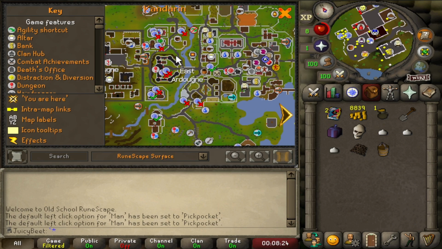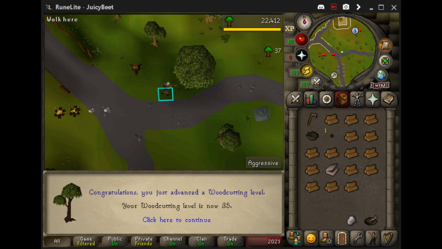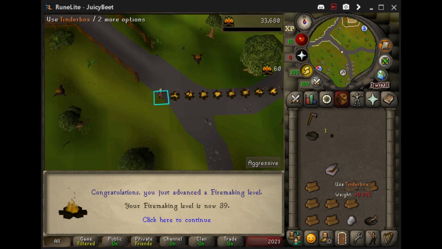And also to do the Ardougne easy task diary using the lever from Wilderness. Grabbed a bunch of items while we were over here, and then moved around the Ardougne area to smash out a few quests. So we've then smashed out Clock Tower, Monk's Friend, Hazelmere's Cult, chopped some trees by the monastery to get to 35 woodcutting and 39 firemaking, wandered back into Ardougne, spoke to Probita for the easy